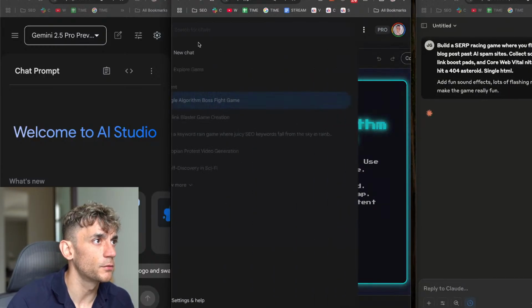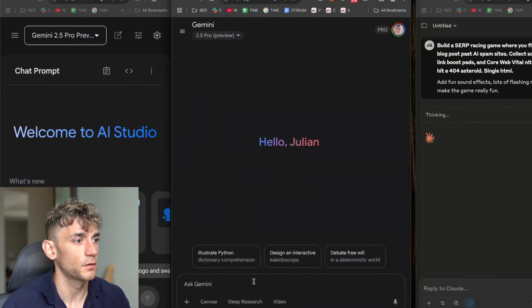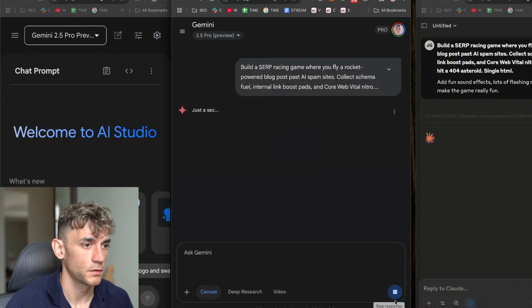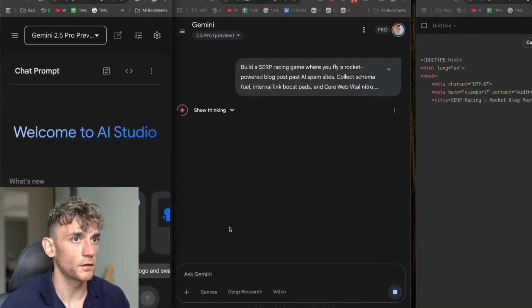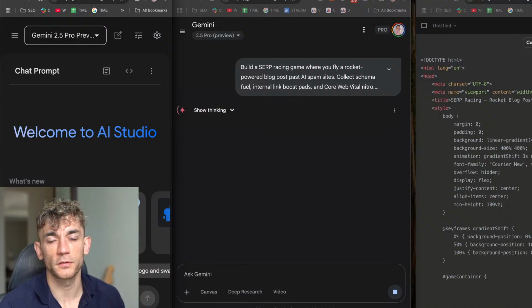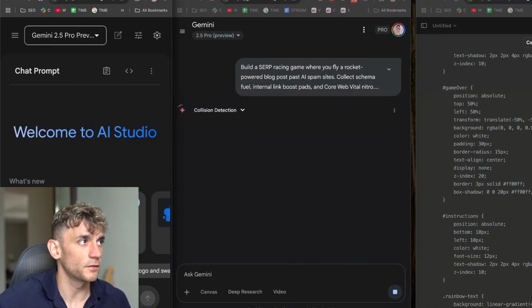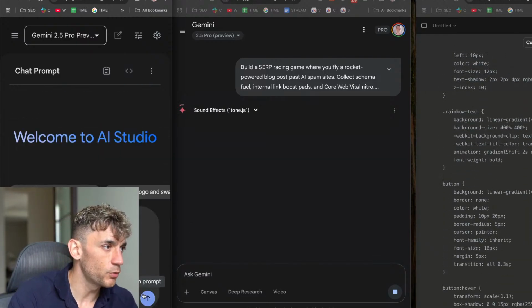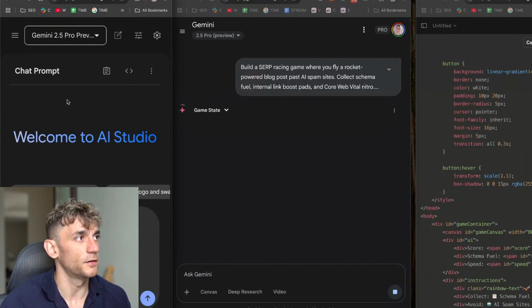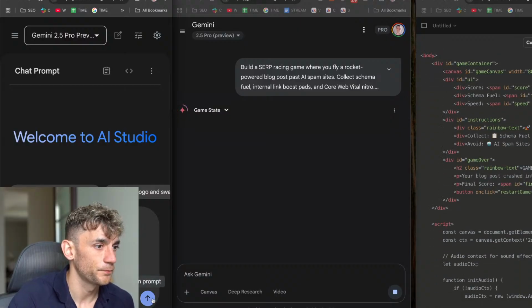So let's plug that in. We'll go with Gemini as well. And just to be clear here, Gemini has won 2 out of 3 of the battles. Claude 4 is coming in second to Gemini 2.5 Pro. But we'll keep going, we'll keep testing for you and seeing what we get back in a sec.